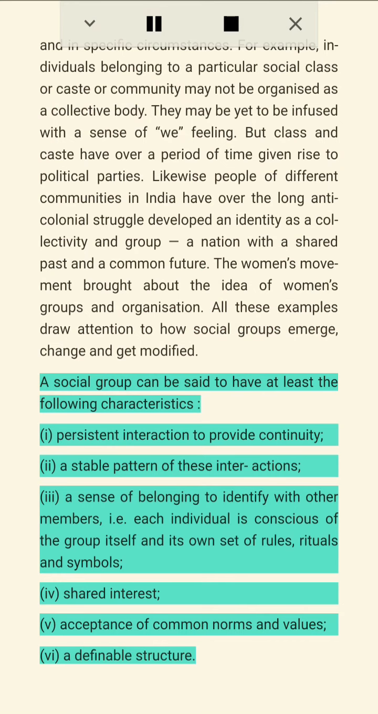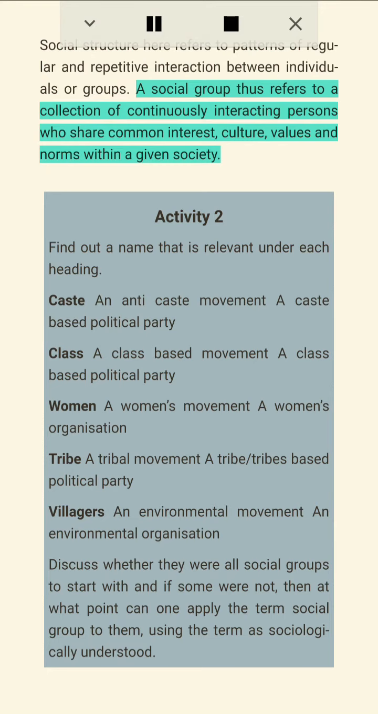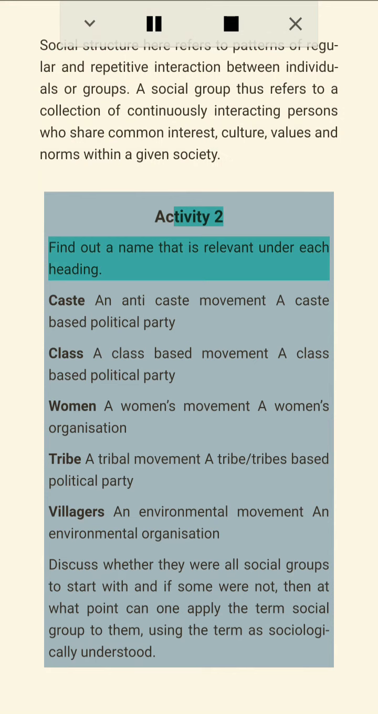A social group can be said to have at least the following characteristics: I. Persistent interaction to provide continuity. II. A stable pattern of these interactions. III. A sense of belonging to identify with other members, i.e. each individual is conscious of the group itself and its own set of rules, rituals and symbols. IV. Shared interest. V. Acceptance of common norms and values. VI. A definable structure. Social structure here refers to patterns of regular and repetitive interaction between individuals or groups. A social group thus refers to a collection of continuously interacting persons who share common interest, culture, values, and norms